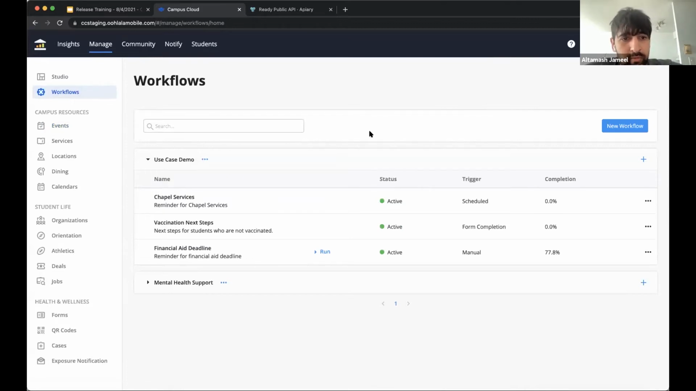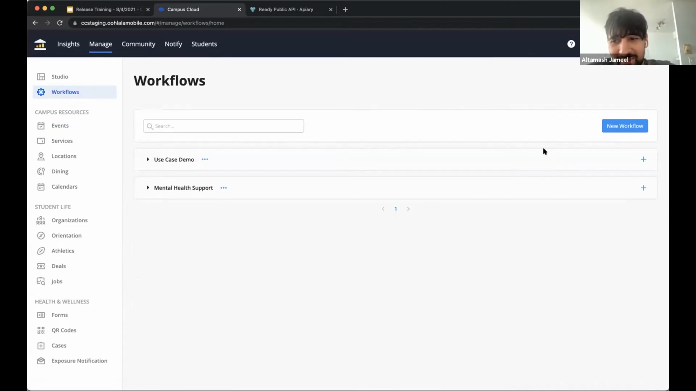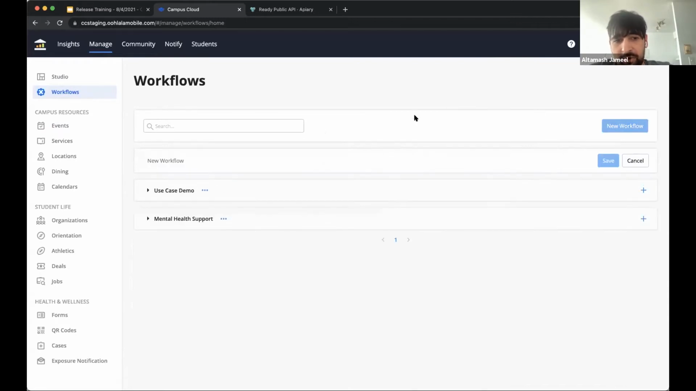So, sorry, I'll minimize this. So what actually is a workflow? A workflow is a process that allows us to take, at least for now, and how we define it, is a process or